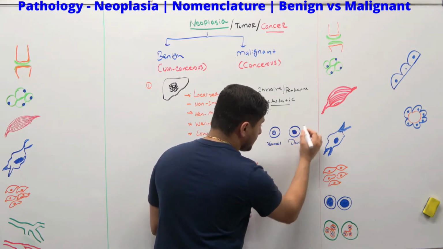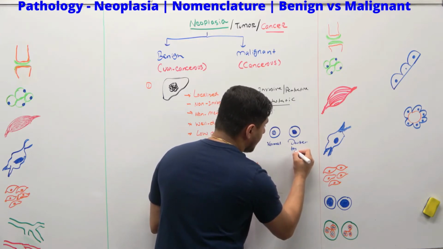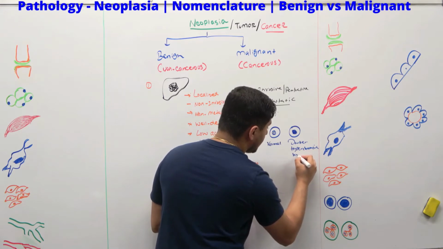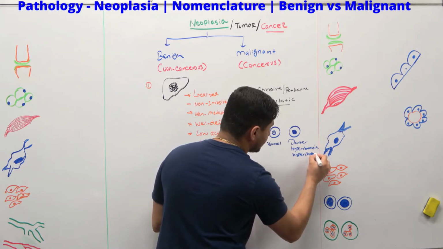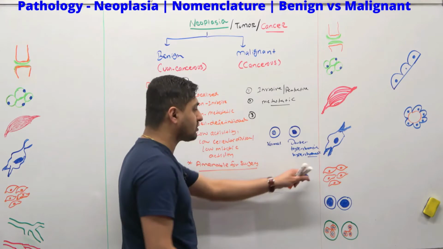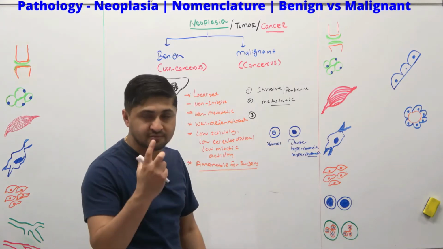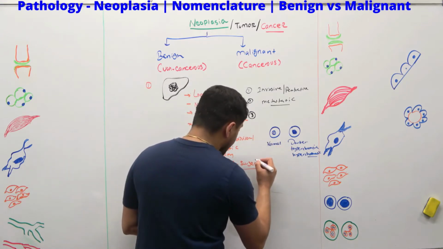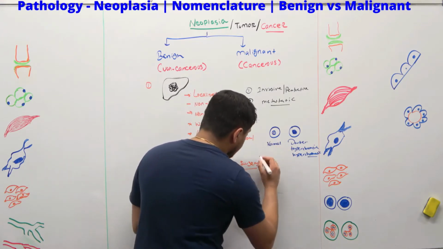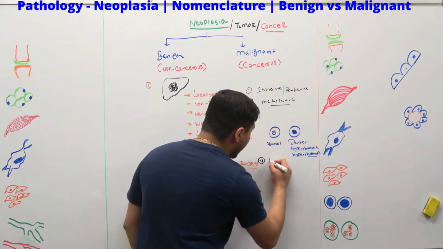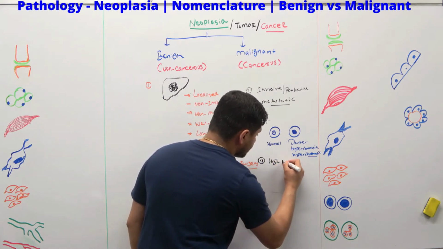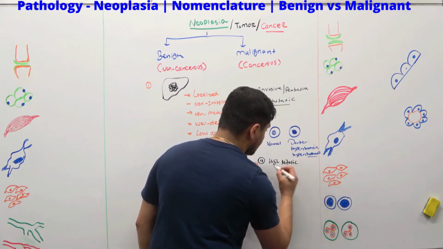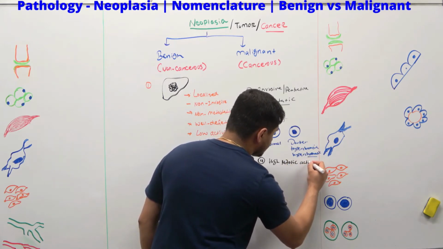And this darker appearance of the nucleus, we call hyperchromasia, or we can also call them hyperchromatic. We're talking about the chromatic, the color of the nucleus, which becomes very dark. So hyperchromatic, that's what you get to see. So this is number 3 here. And not only this, you also have a high mitotic activity. This is what you see in an aggressive malignant or cancerous tumor, high mitotic activity.